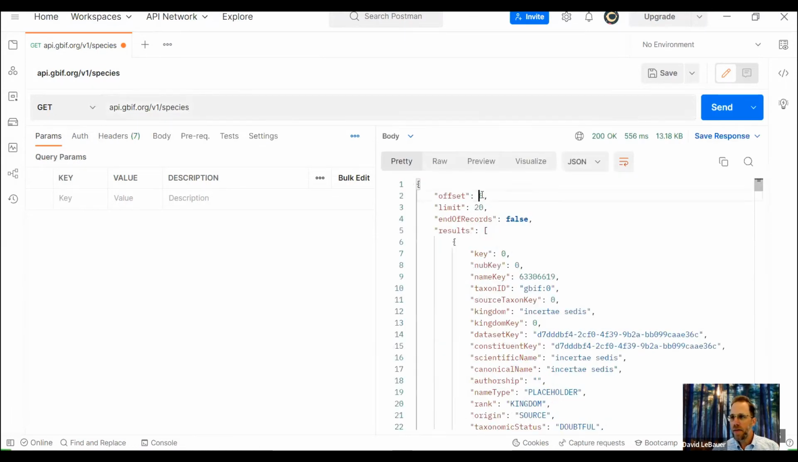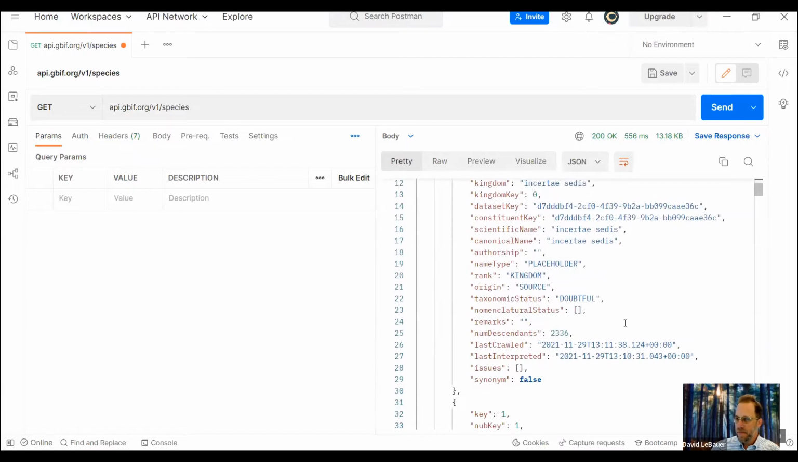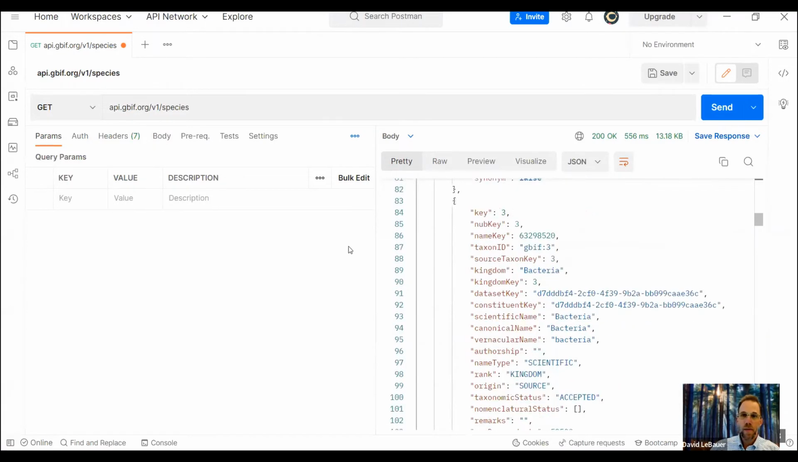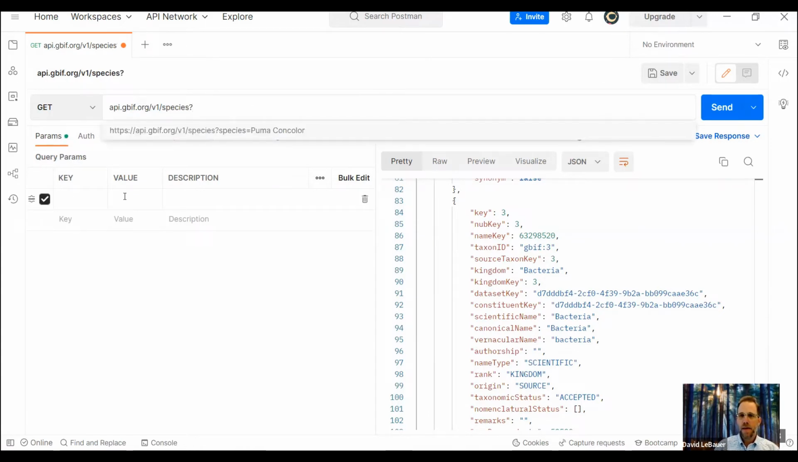Here we have the offset and the limit, and it is just going to return species. Not all of them, but 20, though I could ask for all of the species. Here it returns the first 20 species. Here's record 2, 3, 4. But if I wanted to look for specifically this puma,